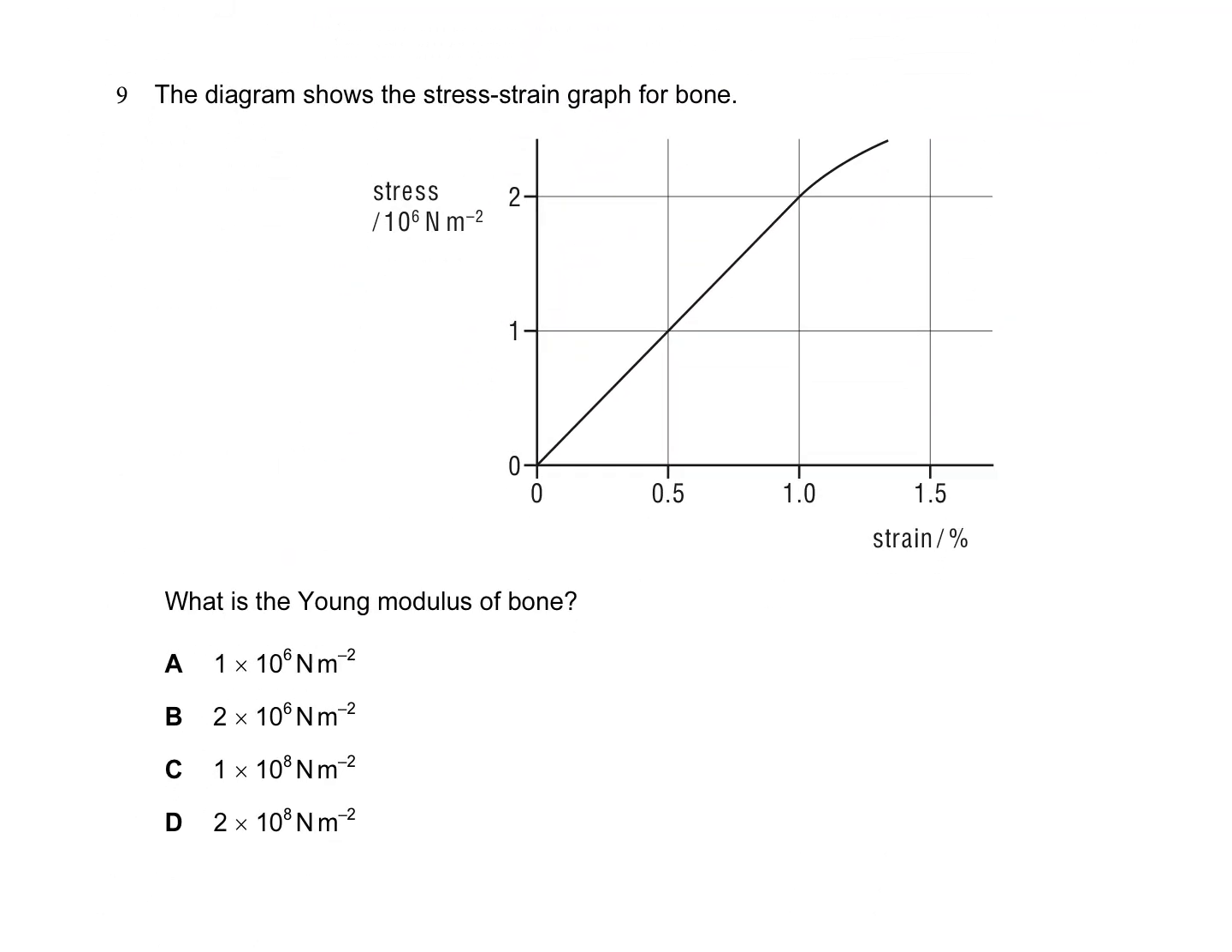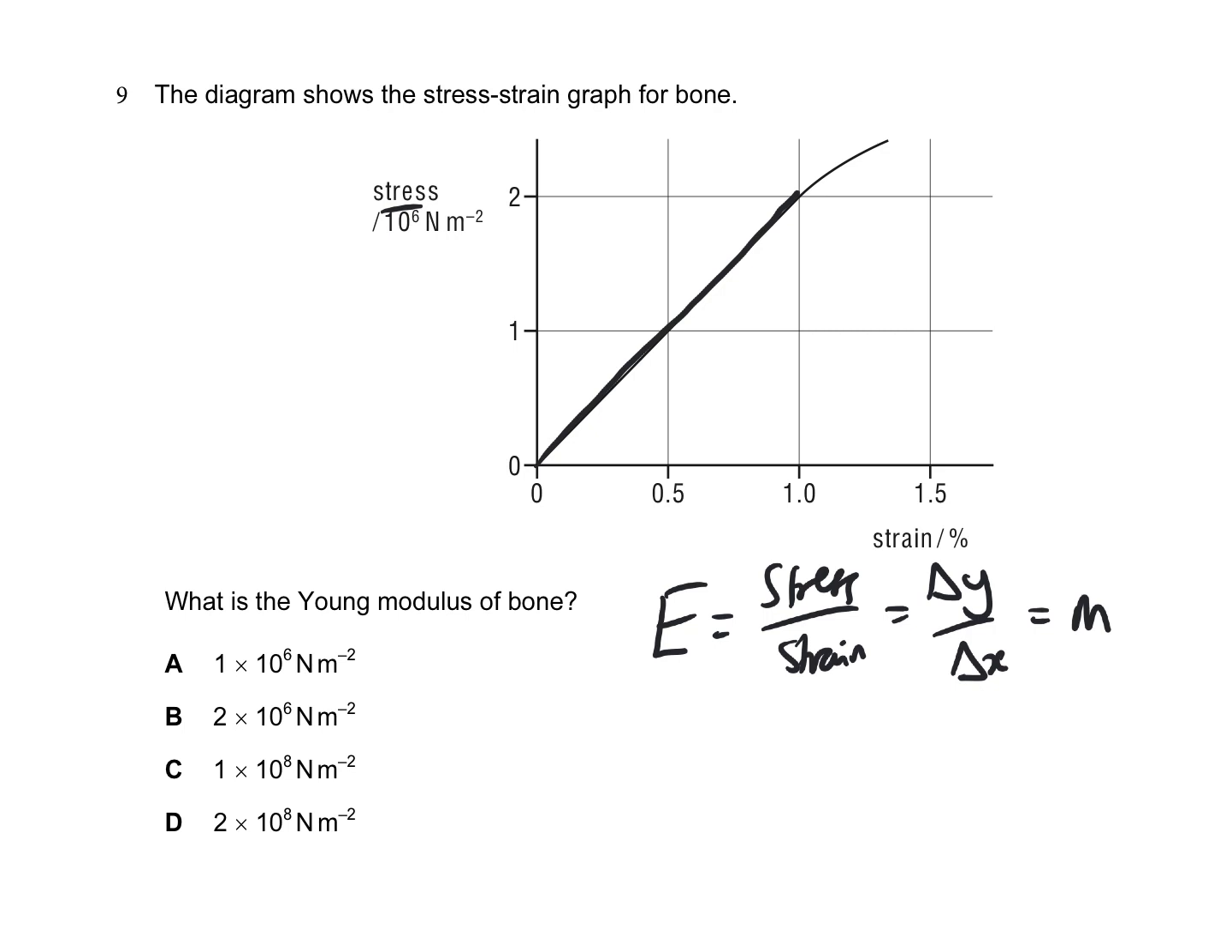This asks you to get the Young's modulus, E, from this stress-strain graph. Remember, Young's modulus is equal to stress over strain. And we see we've got stress on the y-axis, so it's the change in the y-axis over change in the x-axis, which is the gradient of this line here. So we just need to do 2 times 10 to the 6